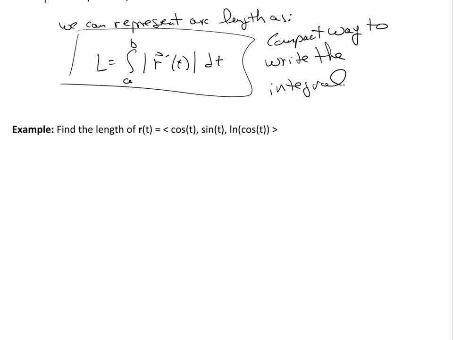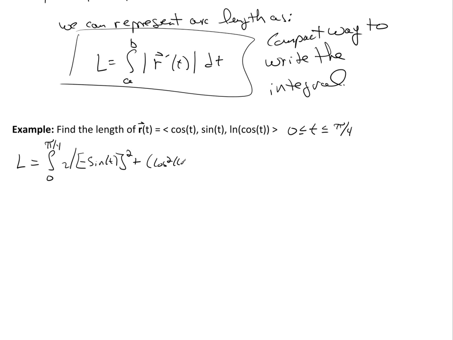So let's take a look at a quick example here. Let's find the length of the vector function r of t equals cosine t, sine t, ln of cosine t, and specifically I'm interested in t from 0 to pi over 4. So the arc length, L, is going to be equal to the integral from 0 to pi over 4 of the square root of the derivative of cosine, which is negative sine of t, squared, plus the derivative of sine, which is going to be cosine squared of t,